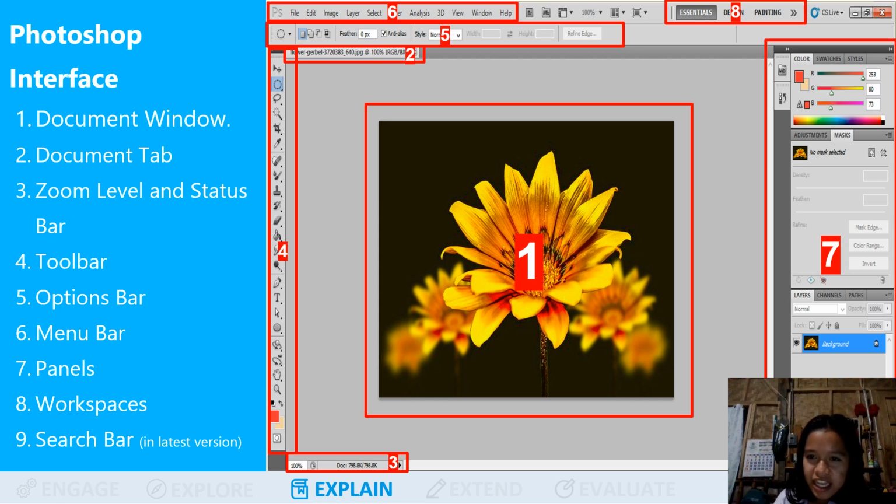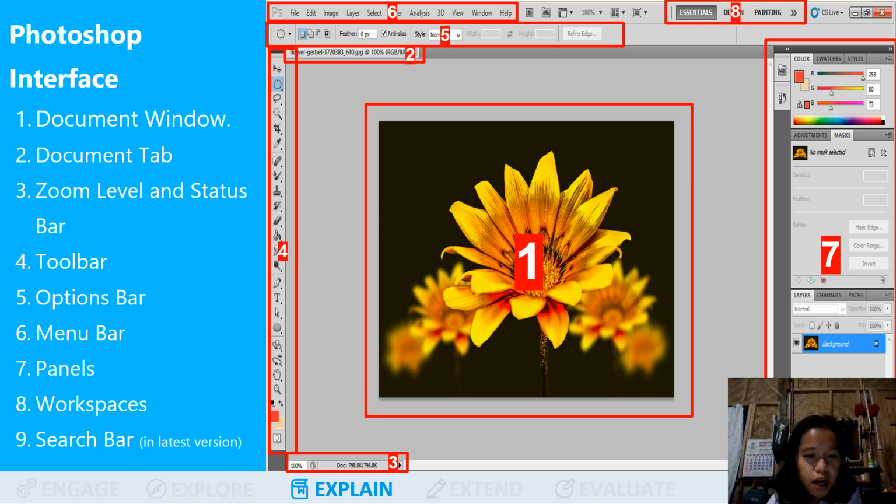And number 8 over here in the top right is the workspaces. So workspaces are custom layouts of panels and tools for different tasks like photography, essentials, or graphic design.